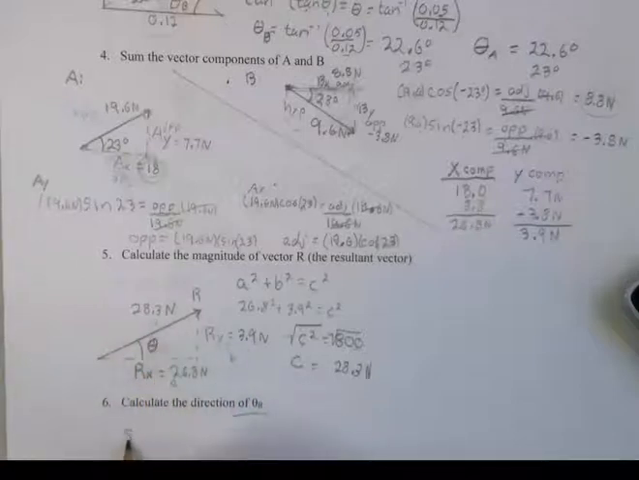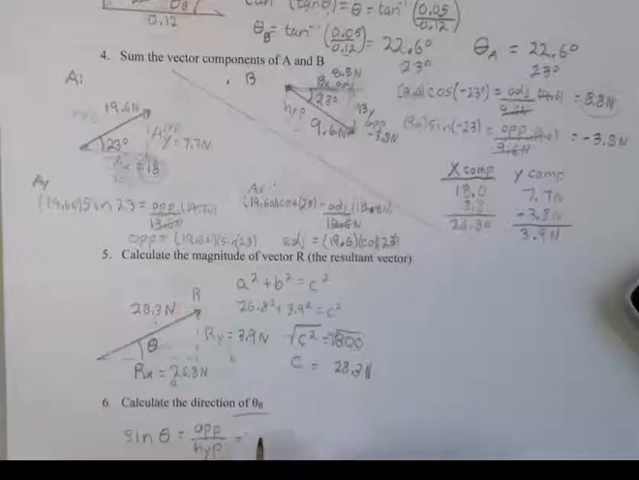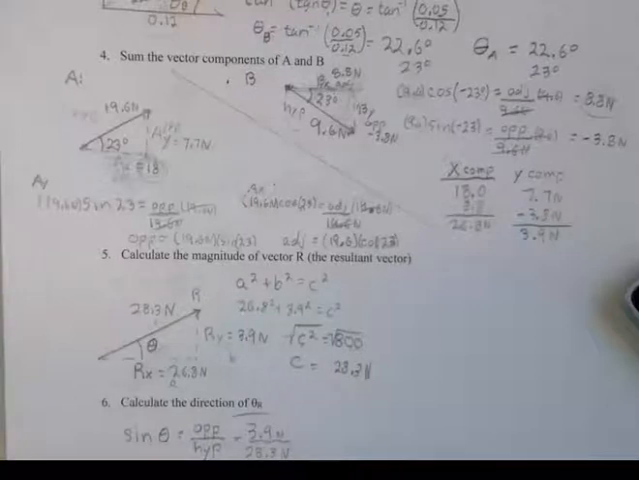Okay? So sine of theta, this is an inverse operation, equals opposite. Let's just write it out. Every time I do a problem, I always write out the formula, and that way you end up memorizing them without trying to memorize them. Opposite over hypotenuse, which in this case is 3.9 newtons over 28.3 newtons. Okay, so sine of that. So let me just write it cleanly. Sine of theta equals